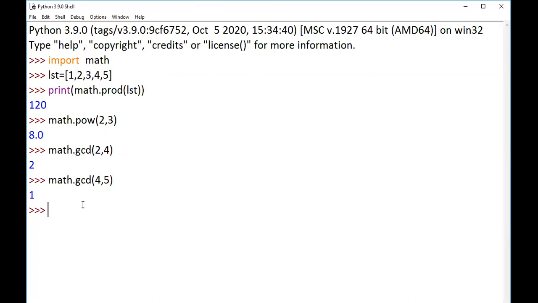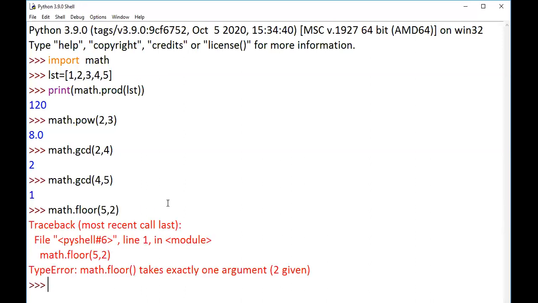Okay, and apart from this we are seeing floor and ceil values. If you want to find the floor value, I can mention floor of 2 comma 5. Yeah, Shamir, I'll teach you about the scope of the variable. Here floor returns the floor value.